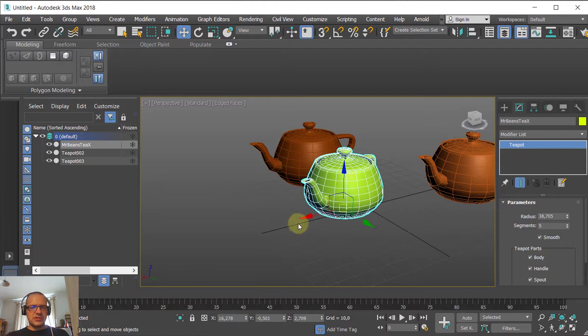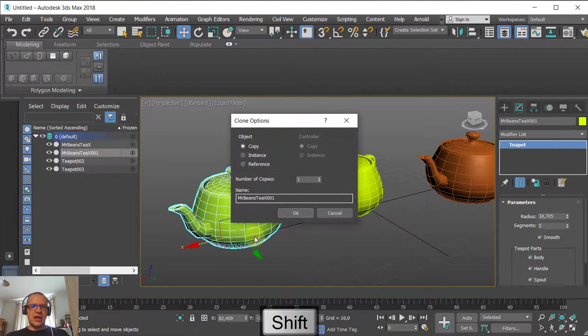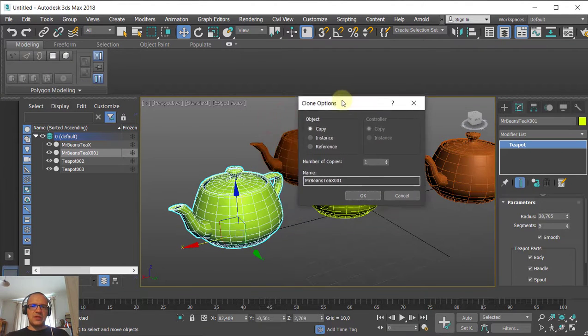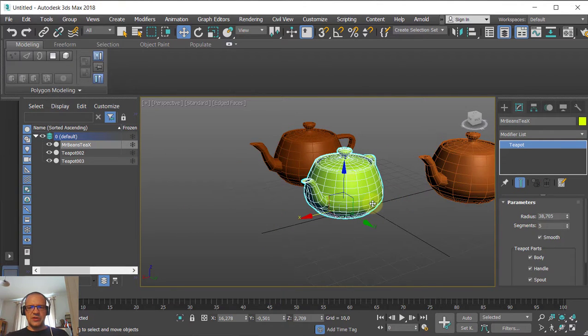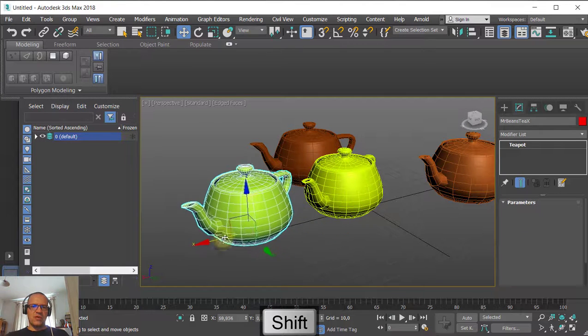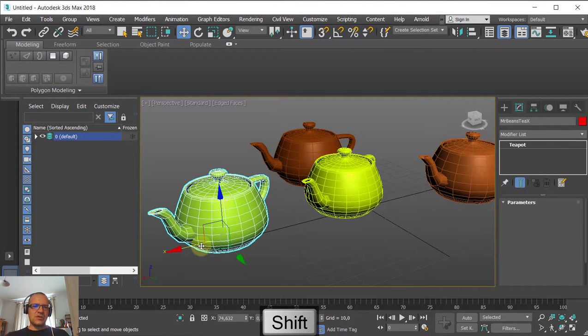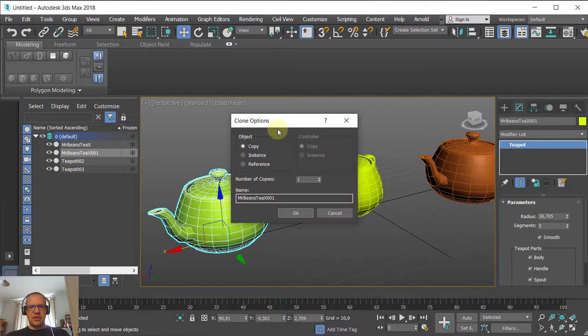So this is how it works. You press down the shift key and drag it out, and when you release the shift, so let me repeat it again. So I'm holding down shift key, selecting in a specific axis that I'm looking for, and dragging, holding down both the shift and the left mouse button, and when I'm releasing both, it will bring up this clone option. And right now it has a built-in option to automatically rename the element, so let me rename it to